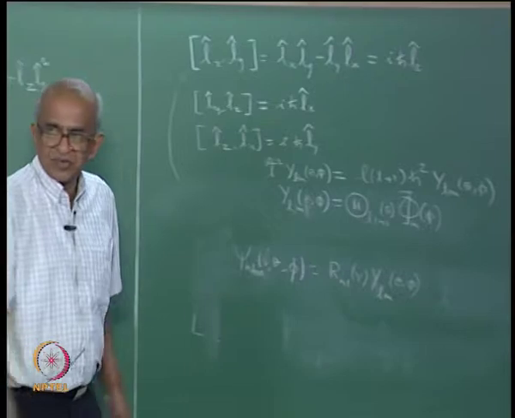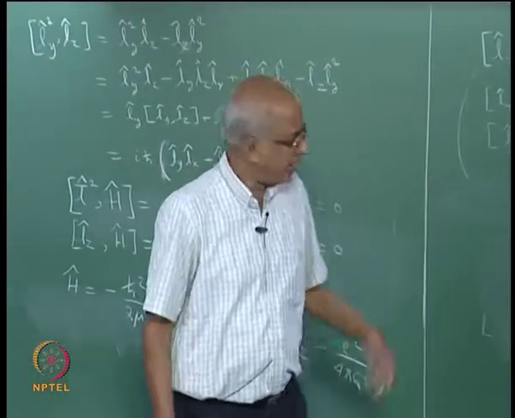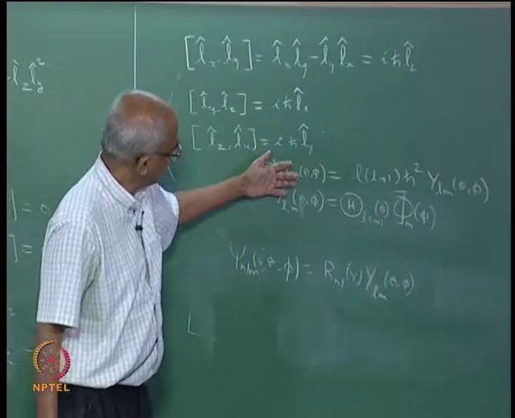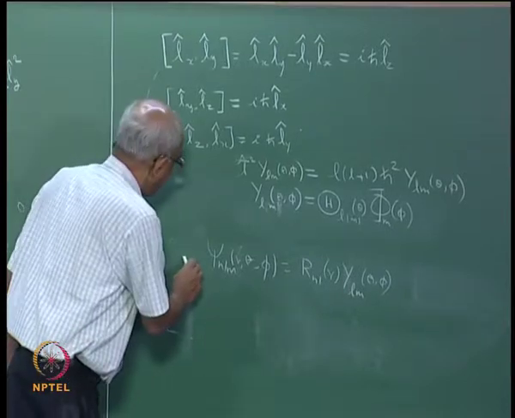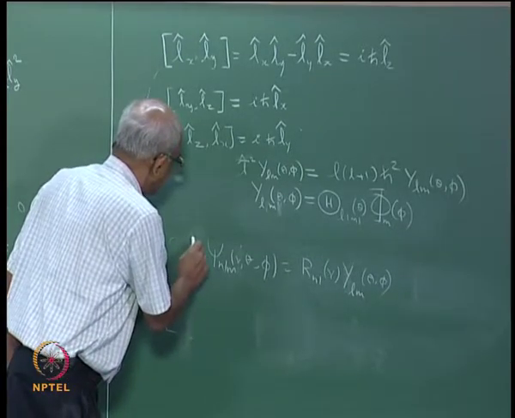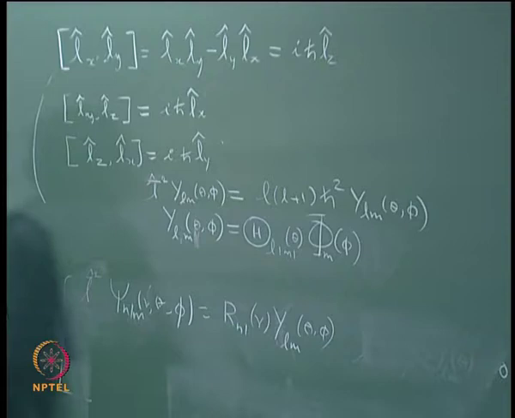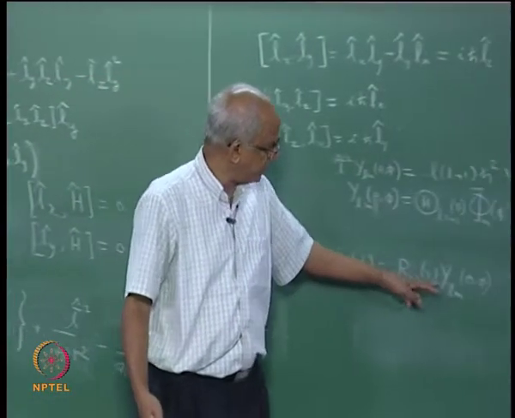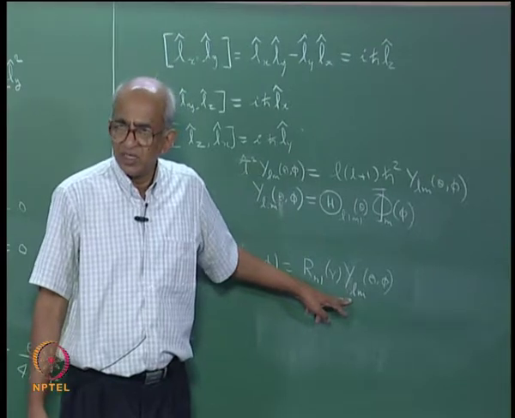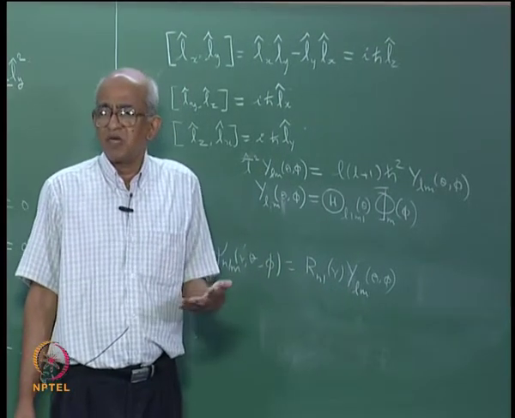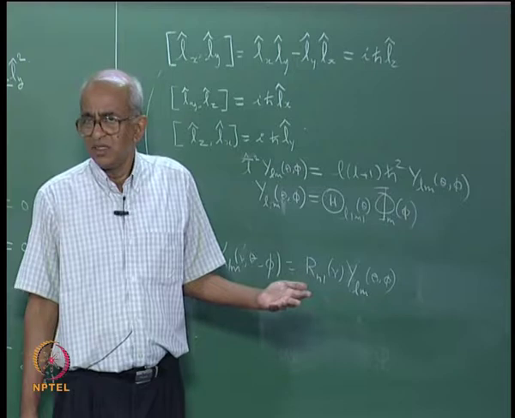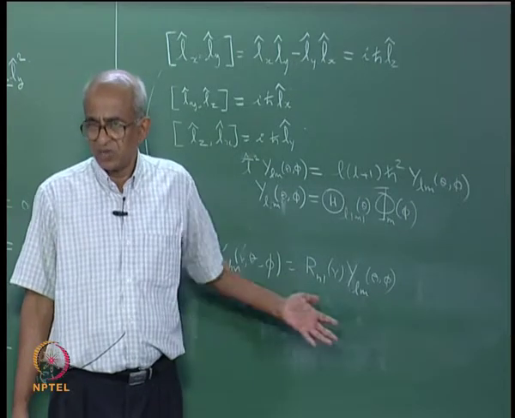This was our wave function. Now, I know that Y_lm satisfies this equation. So, if I had operated here with L squared, remember it operates only upon the angles. So directly it will go and operate upon capital Y, and what would be the result? The result will be nothing but l(l+1)ħ² times that function itself.